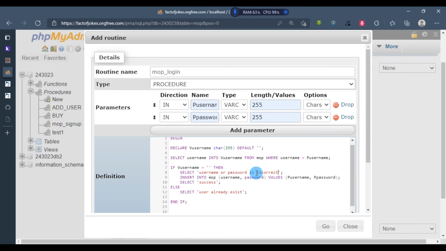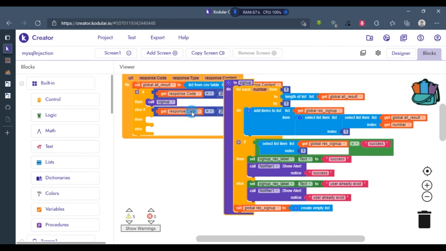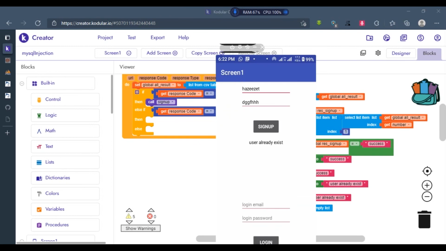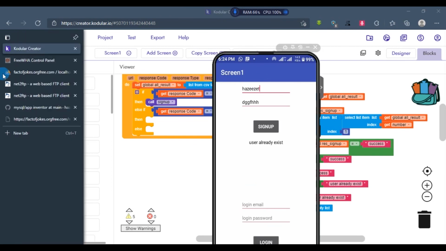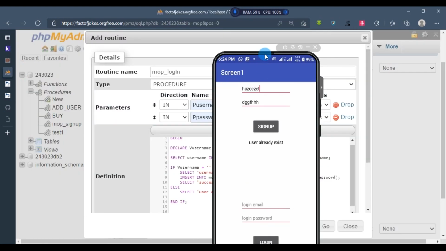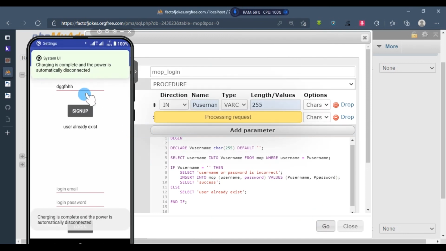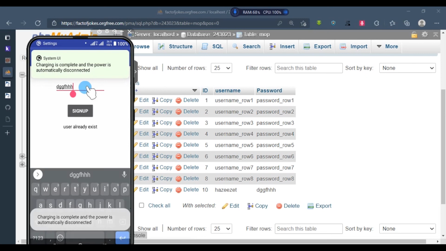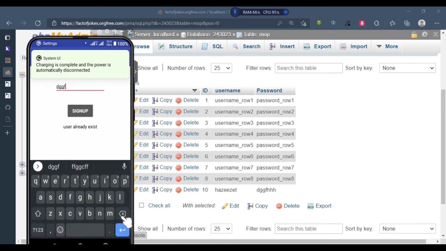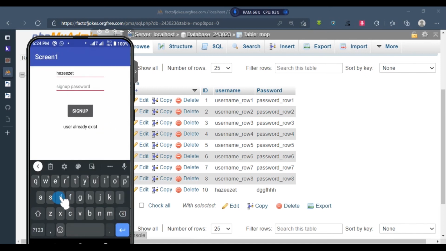Okay, one more thing before this. The reason why we are binding, I want to perform an injection now. I'll come back to this. I want to show you the injection. So I want to clear this. My password, I want to make it an SQL query. You can perform your SQL query, do a lot of stuff. I will just say,